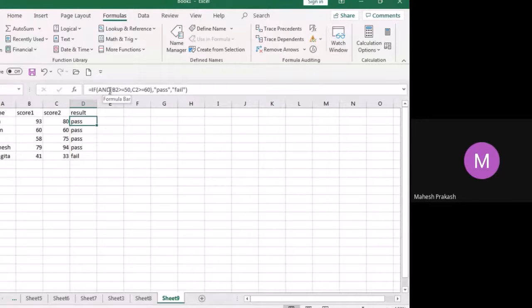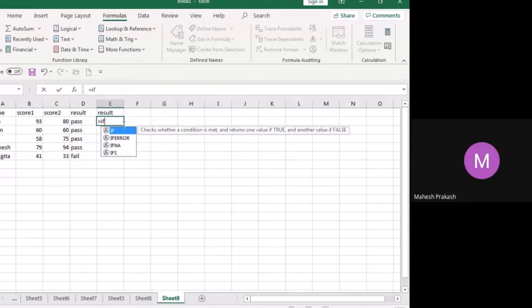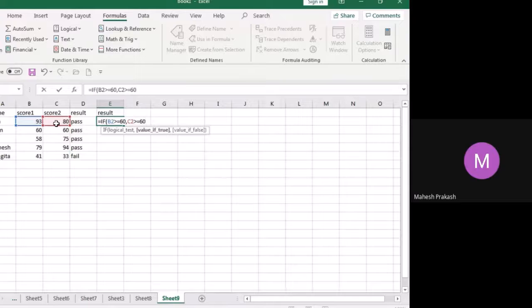Okay, so I'll return the result. We are using the same table, with an IF condition. What is my logic? My logic is: if this value is greater than or equal to 60, comma, and this value is greater than or equal to, again I am using 60, I'll close the bracket.